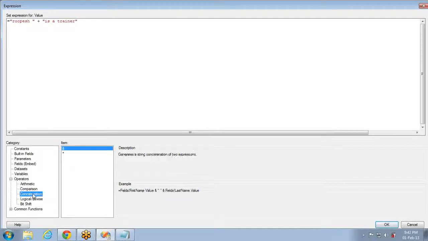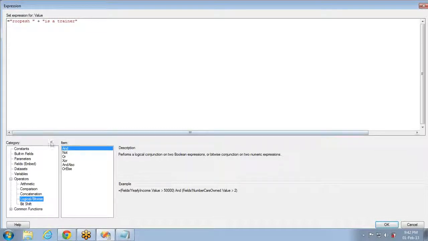And the concatenation operator is again the plus. The plus I explained to you already. If you provide string values, the plus acts as a concatenation operator. And if you provide integer values, the plus acts as a sum operator. And under concatenation, you can see plus again, or you can use the ampersand, which we used so many times till now.